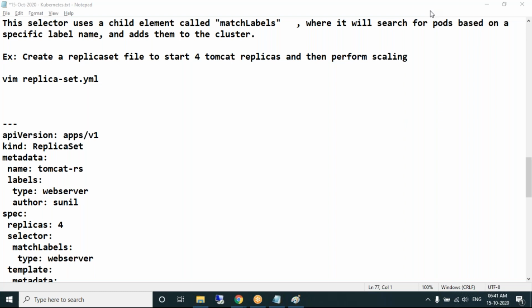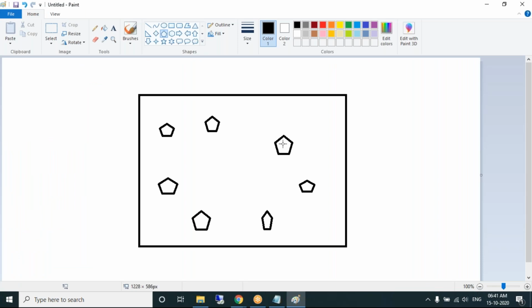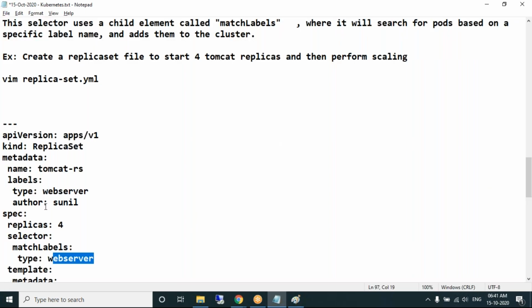What is the major difference between a replica set and a replication controller? It's almost the same. The only difference is the replica set uses match labels called web server. Assuming there is already one container running with the name web server, that will be added as part of this replica set. So, how many containers do we need? 4 containers.